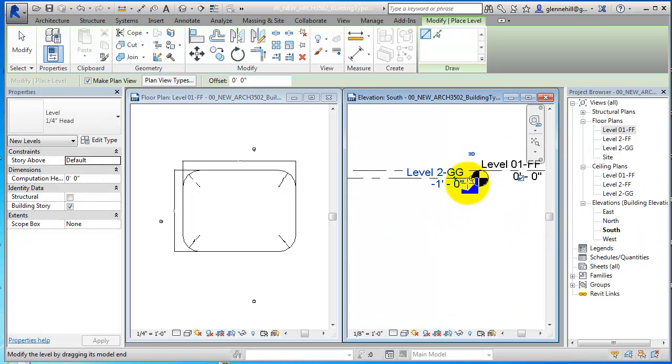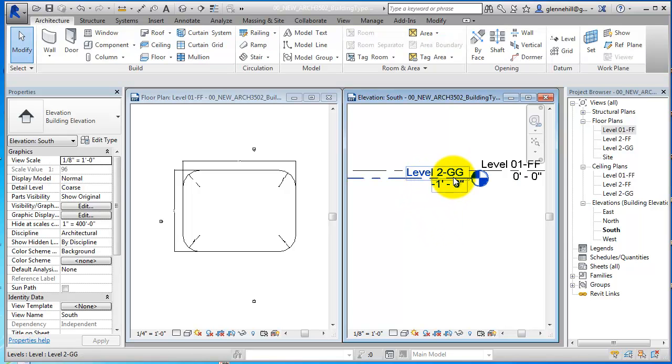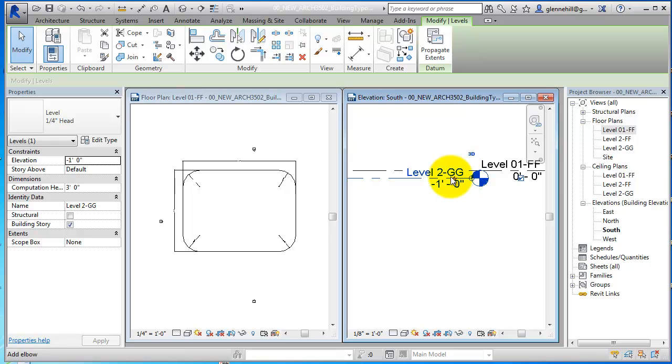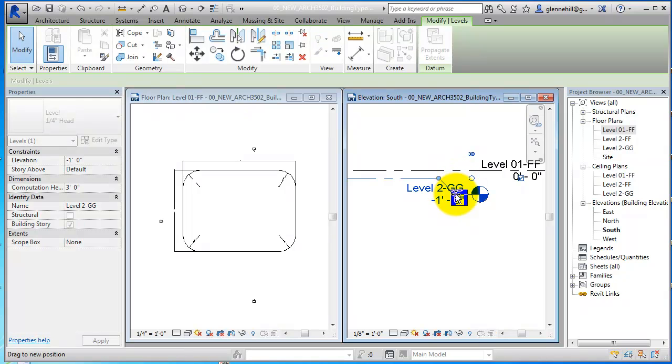You'll see that their names are going to cross on each other. So I'm going to hit the escape key twice, and that'll get me out of the command. Then I'm going to click right here. I'll see that little Z. I'm going to click right there, and that will break the line. I'm going to move the break a little bit further down. This will move the text. So I'm going to break that line, and then I'm going to click again on it